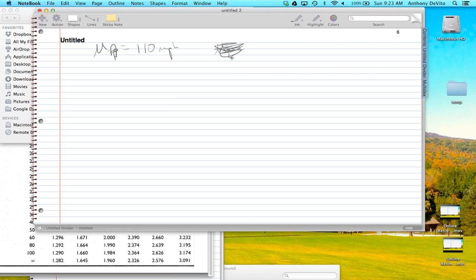Now we go to Europe, we sample 25, sample size is 25. We sample 25 randomly selected European sports cars, and we find that the mean for the top speeds of those European sports cars is equal to 125 miles per hour, and that the